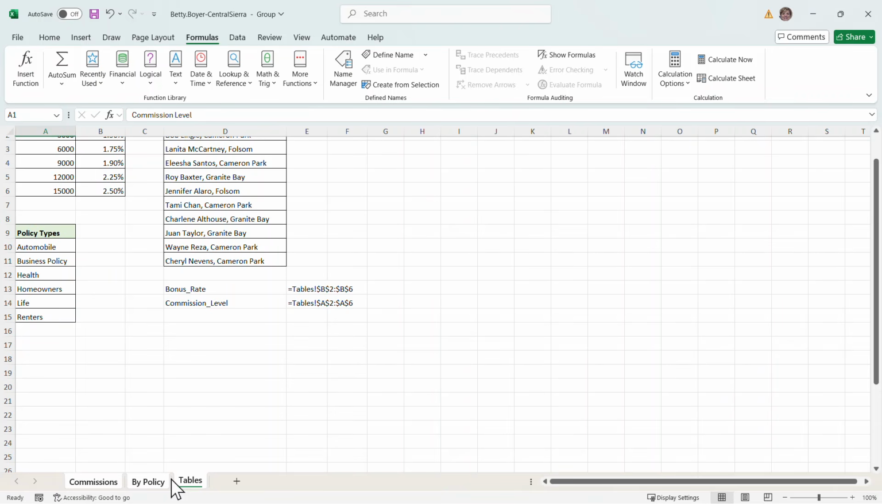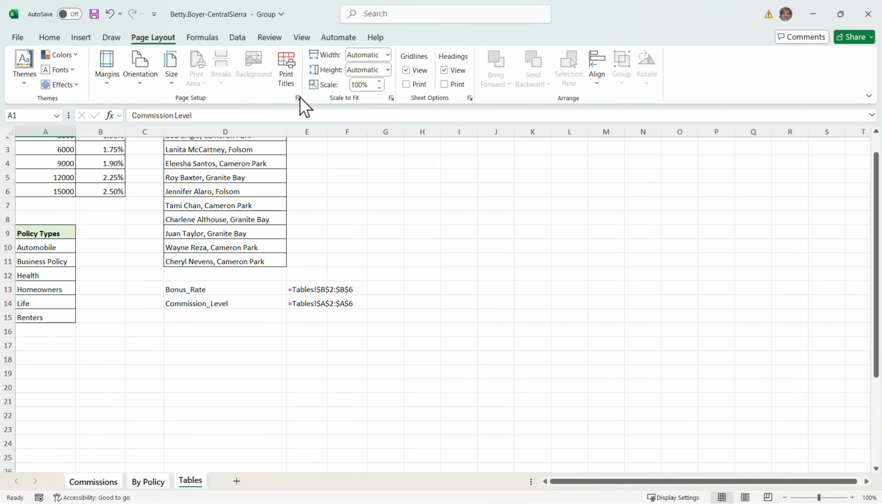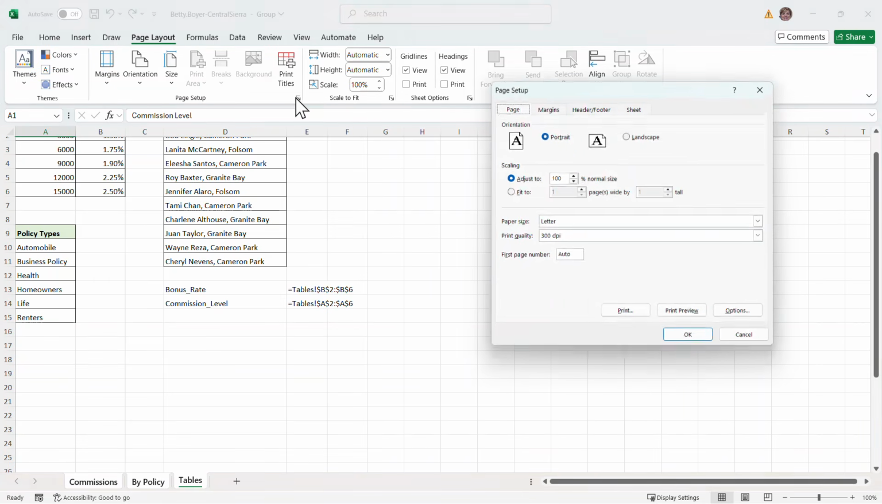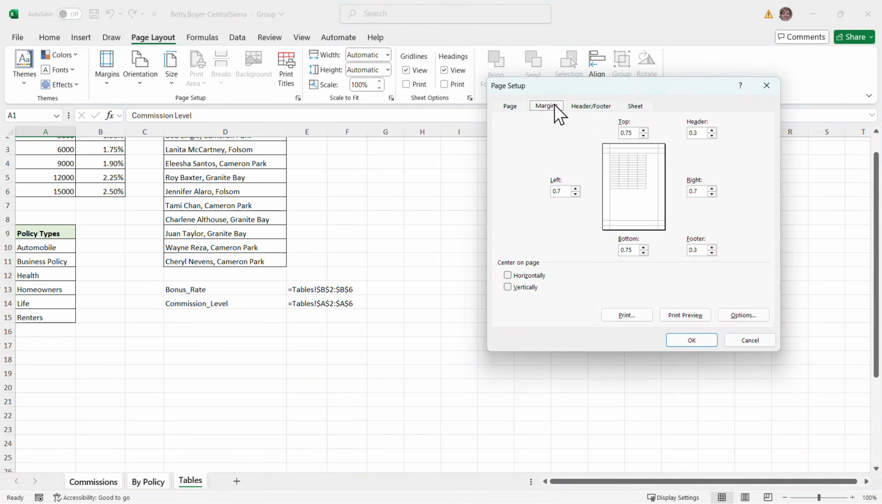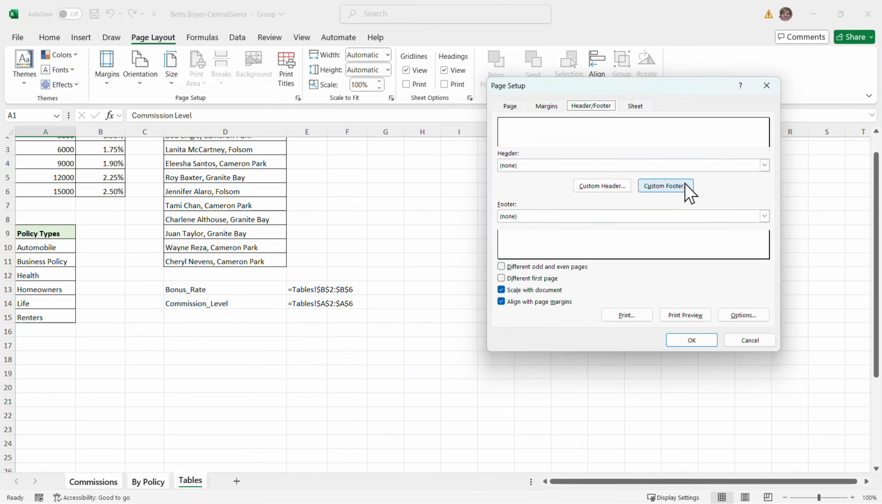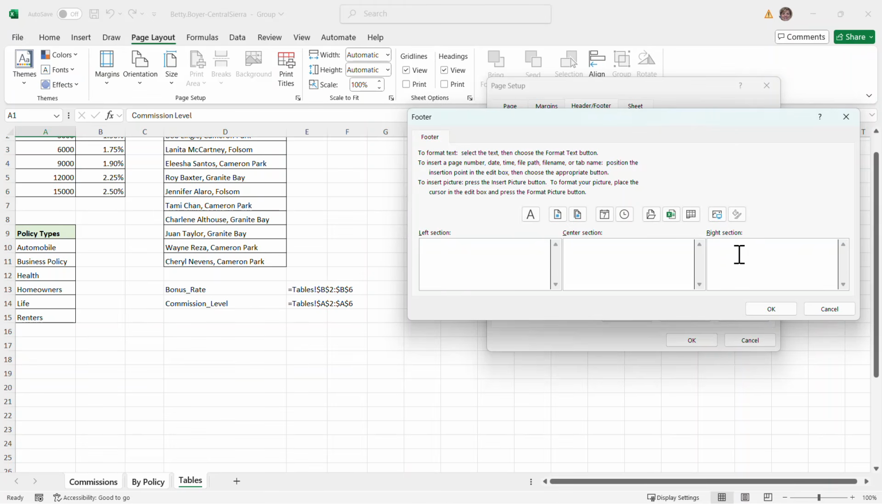And now it wants us to center the pages horizontally, so we're going to go to the Page Layout tab, and then we're going to go to Page Setup, and then Margins, and we're going to say Center Horizontally. And now it also wants us to insert a footer, so we're going to go to the Header Footer tab within the Page Setup dialog box. We're going to do a Custom Footer, and we're going to click in the right section, and then click on